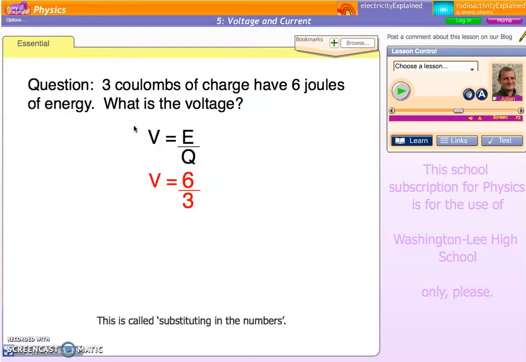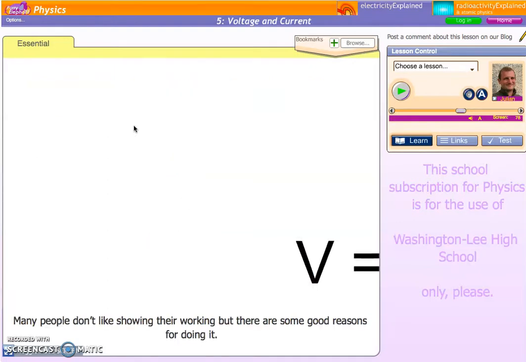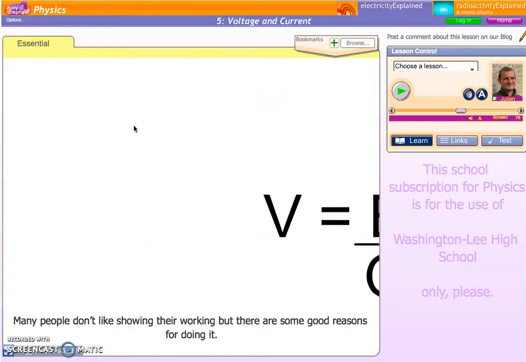This is called substituting in the numbers. Make sure you use units. Finally, give an answer with the correct unit and underline it. Volts. 2 volts. Many people don't like showing their working,